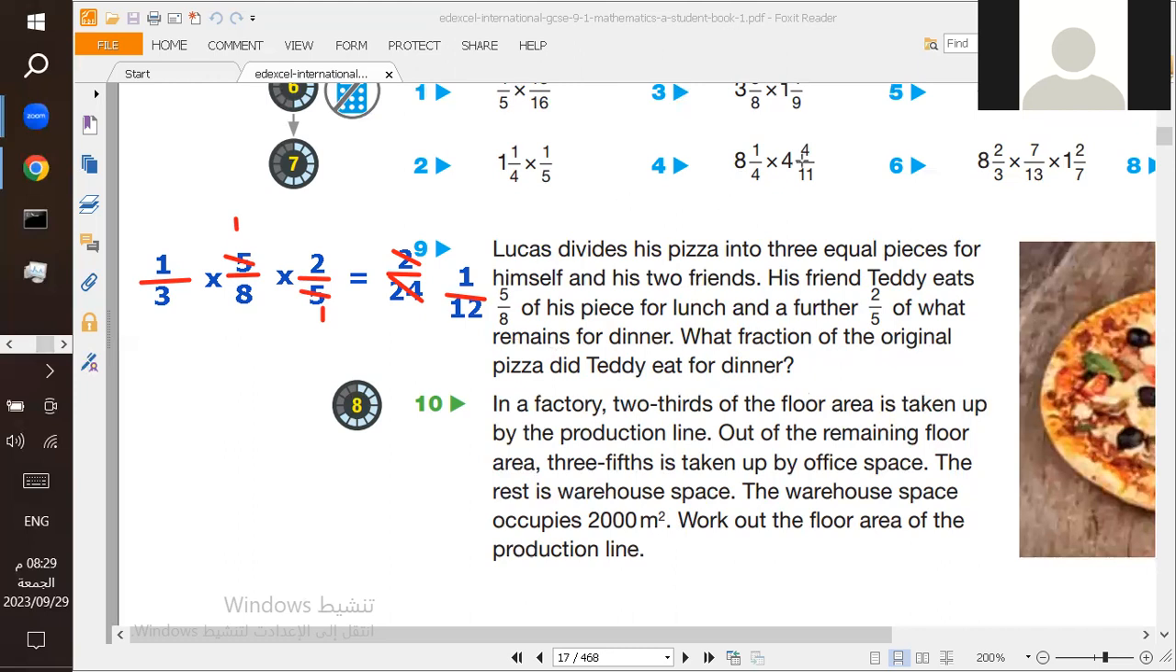Now let's move on to the next ones. Now, question 10 here. When we talk about question 10, these questions that have green colored numbers, it means they are at a higher level,